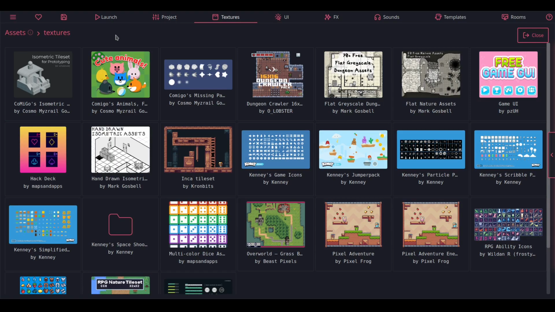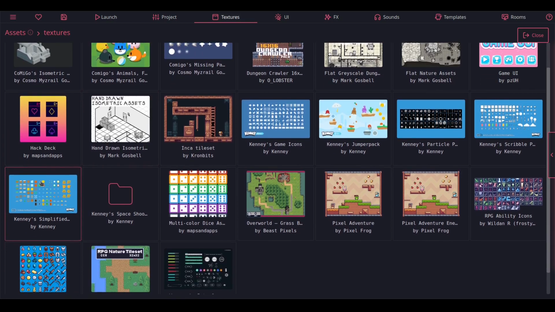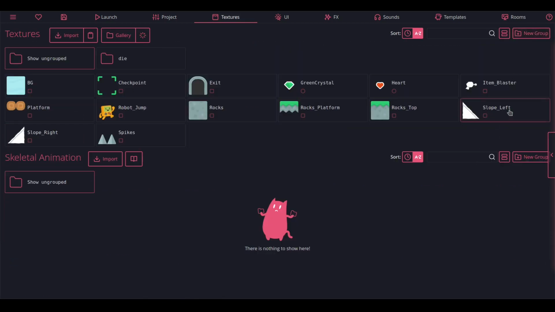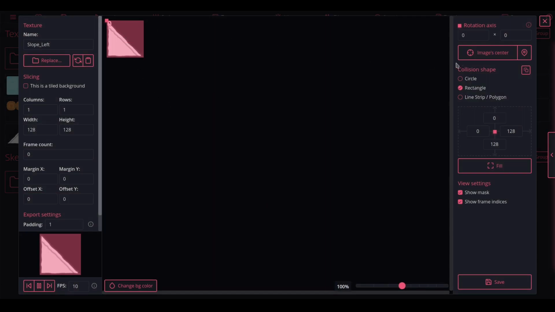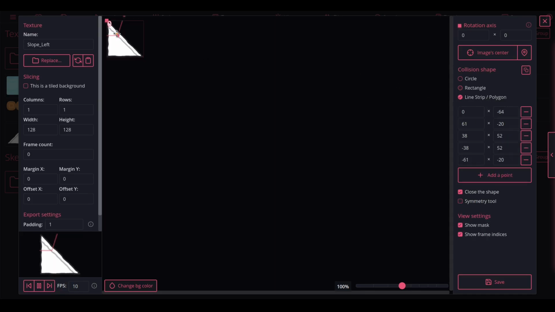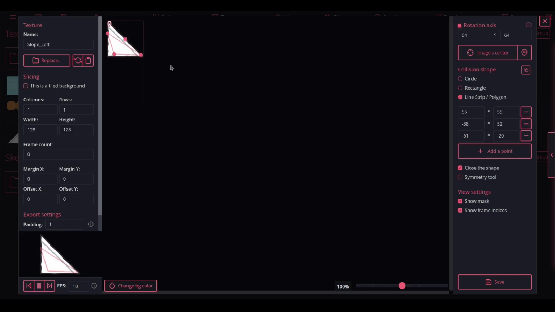It wasn't part of the same gallery pack from the platformers, but I did find some slope textures. So I think the idea is I want to just make a custom collision shape using the polygon thing here. So I think that's what I'm going to do. Will this be a triangle? So I'll need 3 of them. Actually, I should make sure the